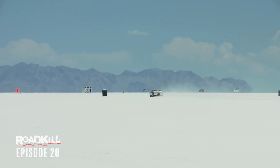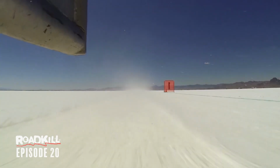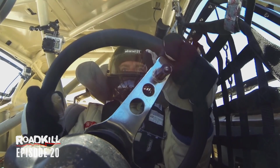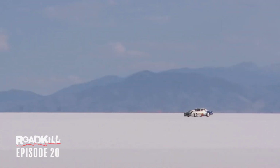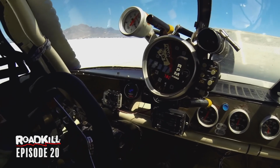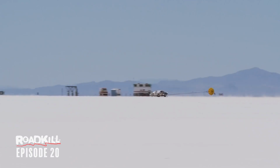Over on course 1, 462 car, he's flying. 194, 775. Shooters out as he passes the 3 at